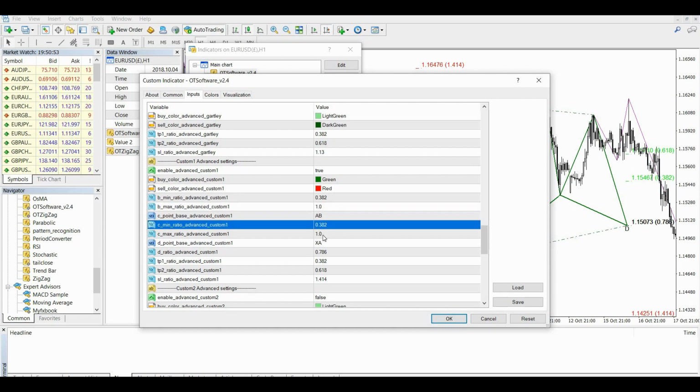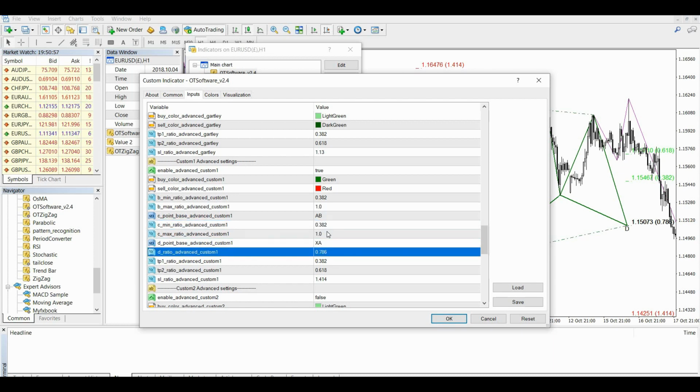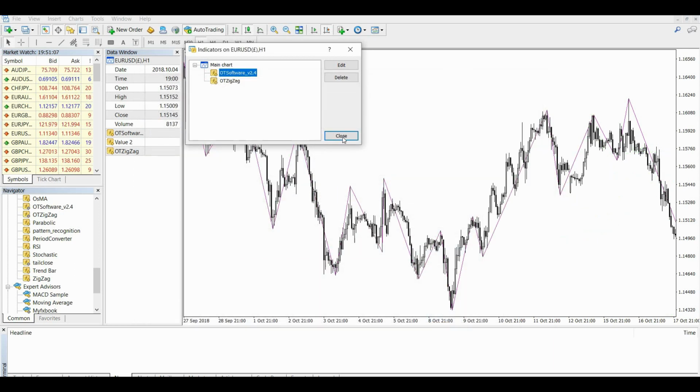C point, A to B, again we're including that entire range of the Fibonacci levels here. And then if we were to just leave this D ratio here, 786, that's fine, and take profits don't really matter here. So if we just do that quickly,